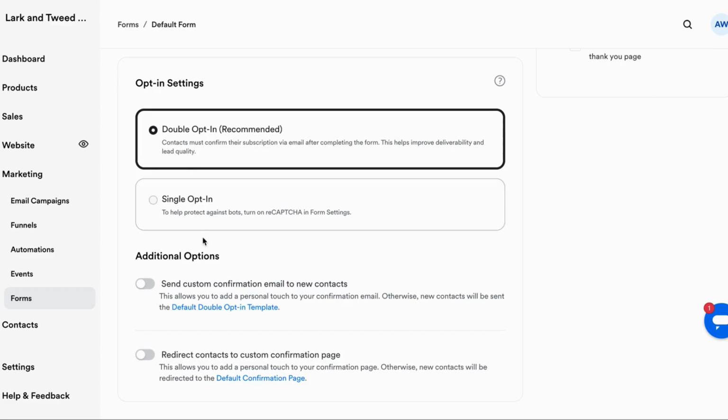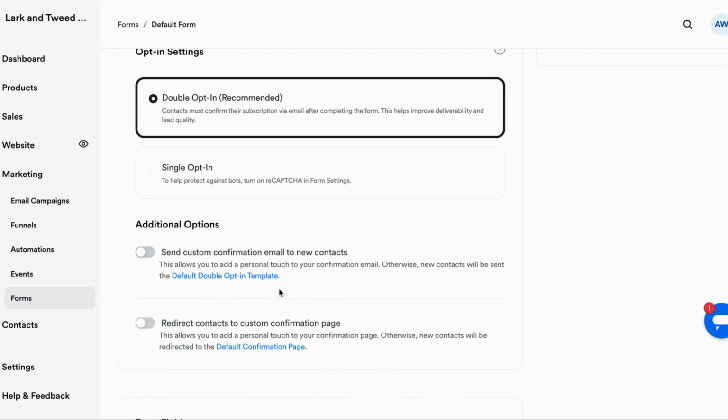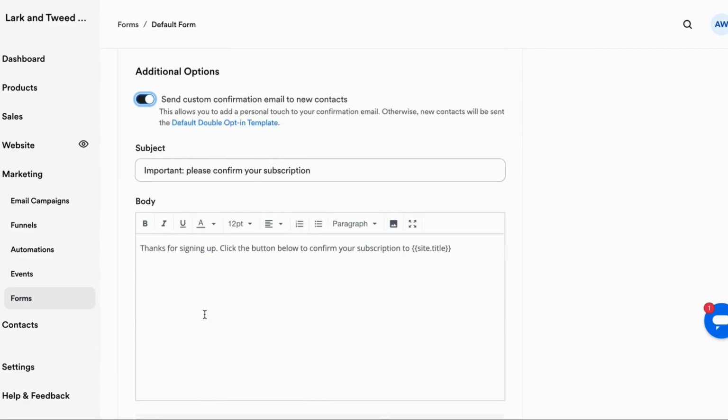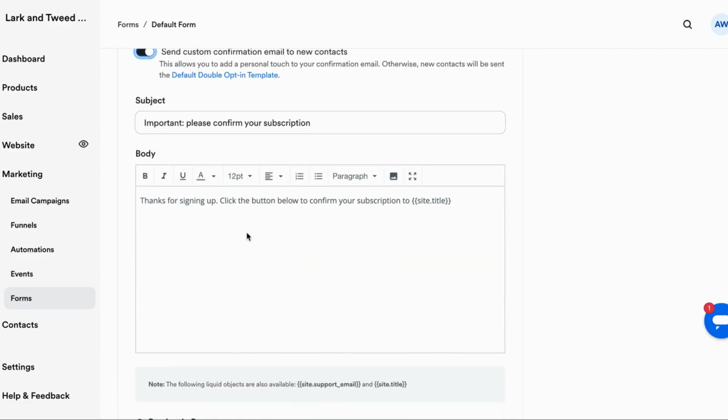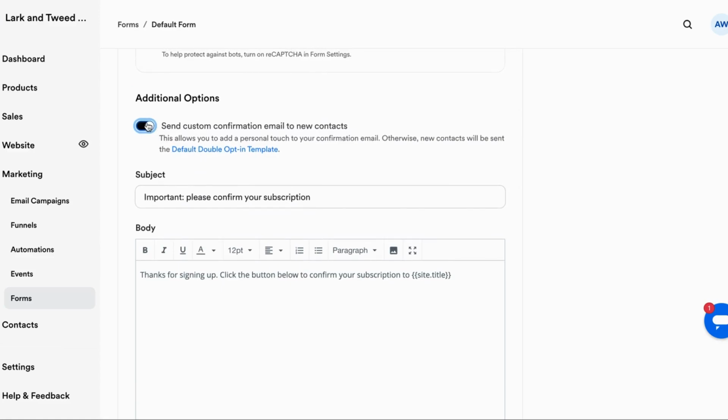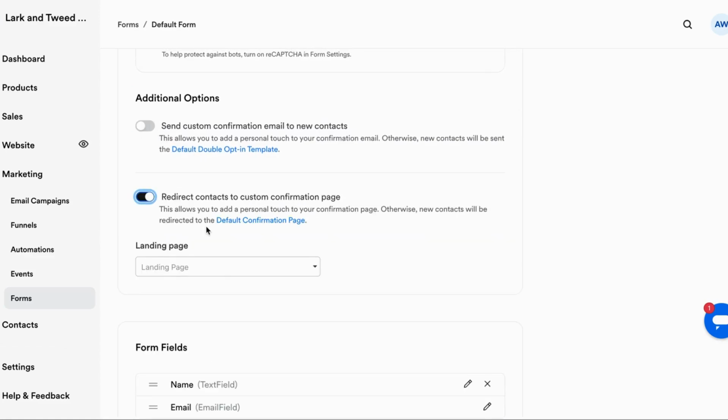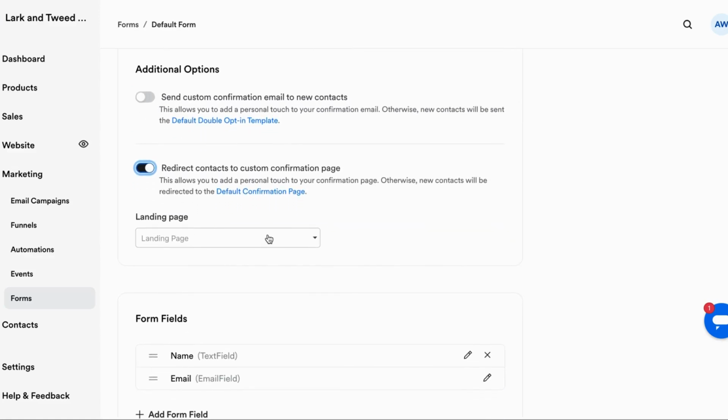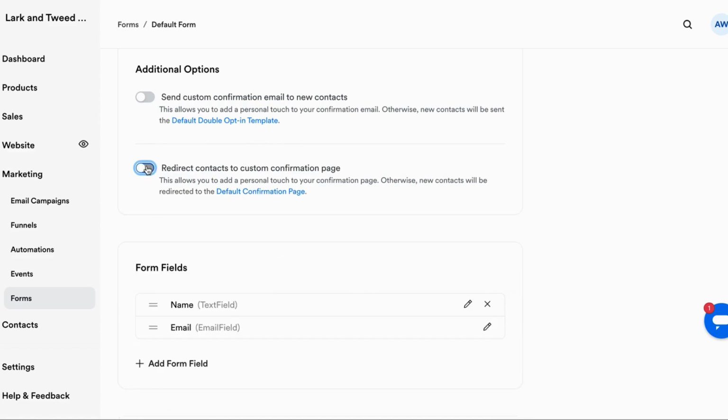That is basically what that's doing. Now, Kajabi has a default template for each, but if you wanted to customize this, which I would highly recommend, you would just click on these and customize the email as to what you want it to say. And you can also customize the landing page. You create that landing page in advance and then just connect it here. Basically, it's just telling them, yes, I confirm that I do want to be part of this email list. For the purpose of this video, I'm not going to click on those or customize those, but now you know